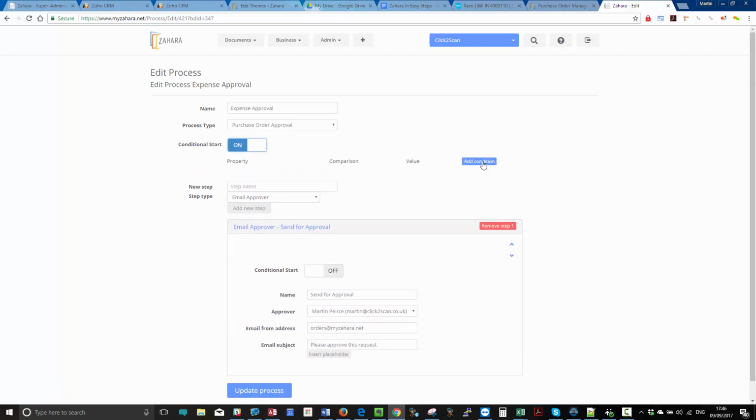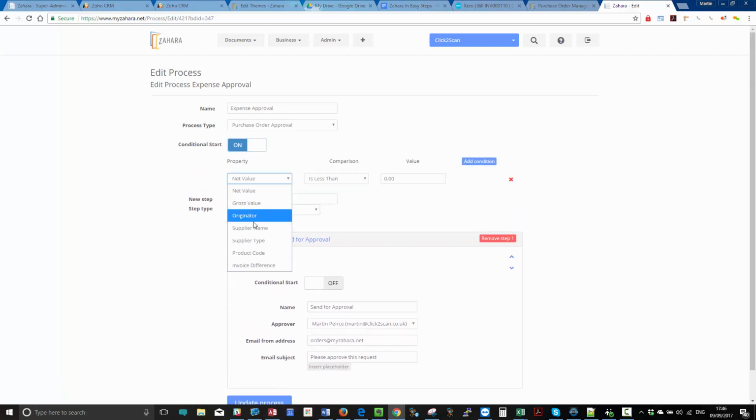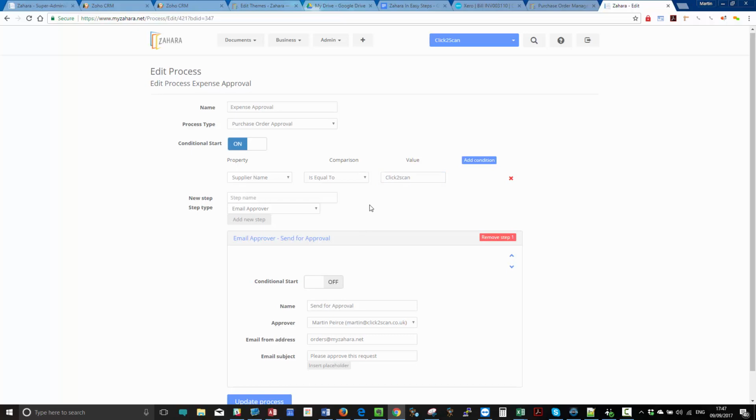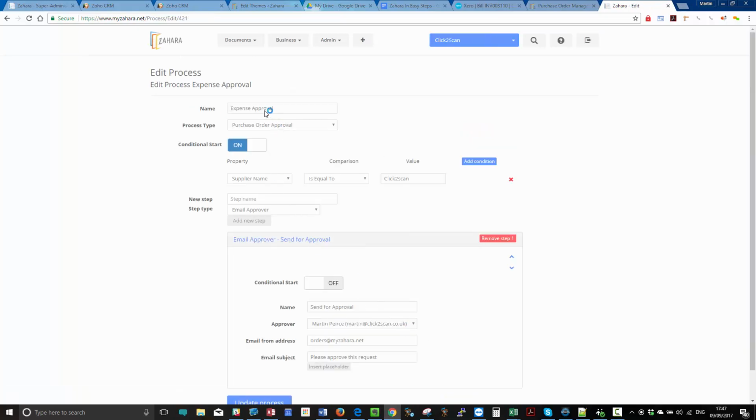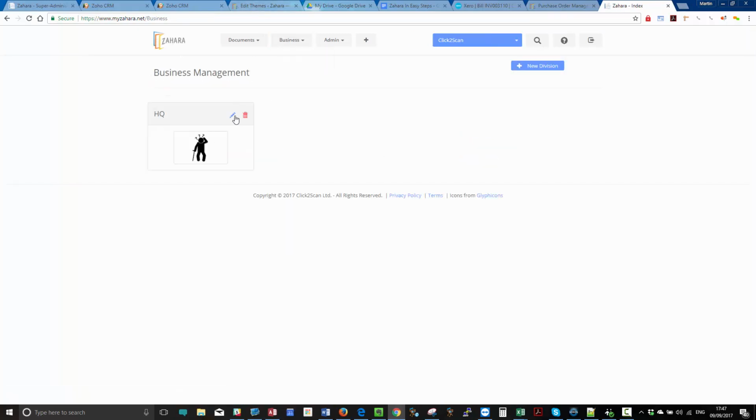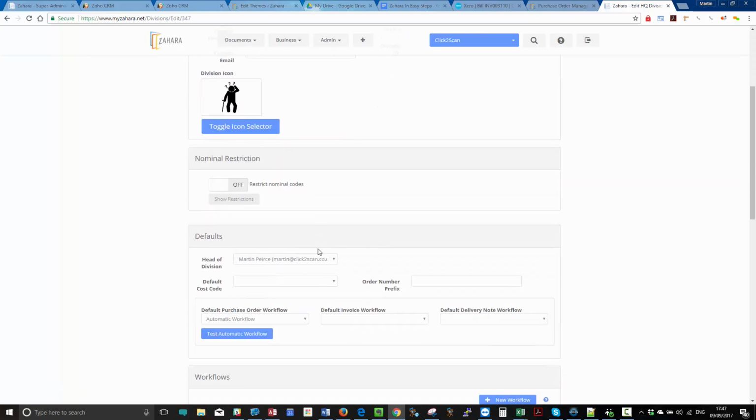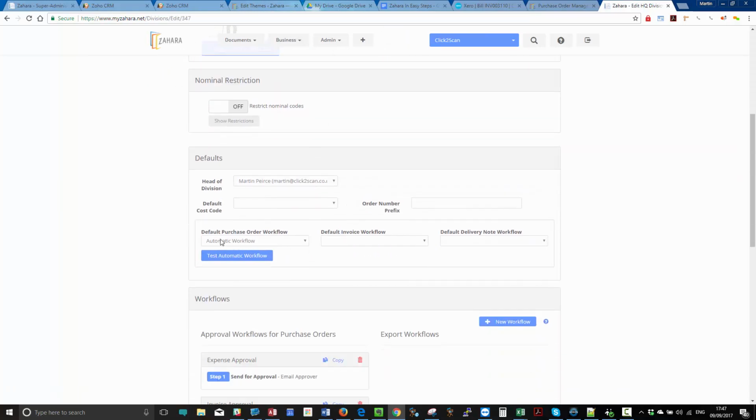We could switch it to on. We can go to add condition and we can say whether supplier name is equal to click to scan. Okay, and then we can build our approval process up however we want to do. So we click update to this. We make sure that when we go back to our division and our approval process is set to automatic workflow,